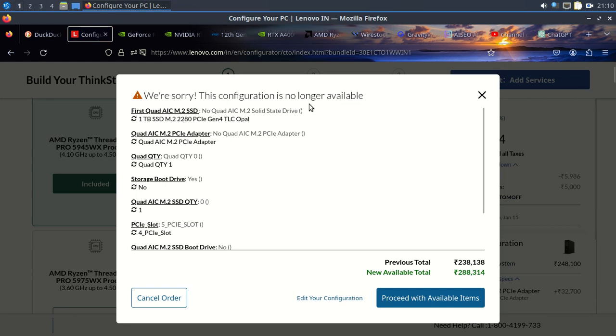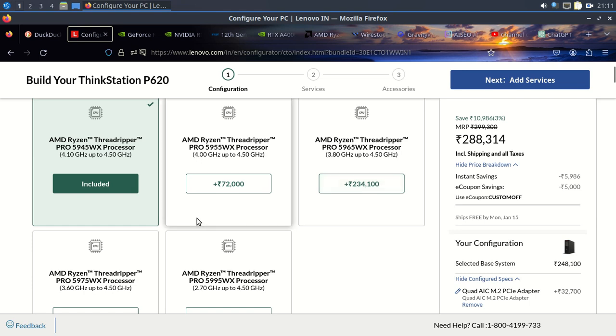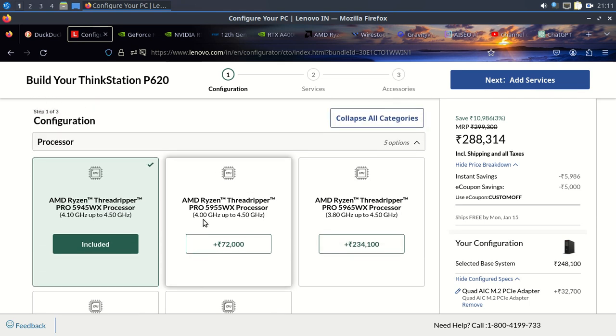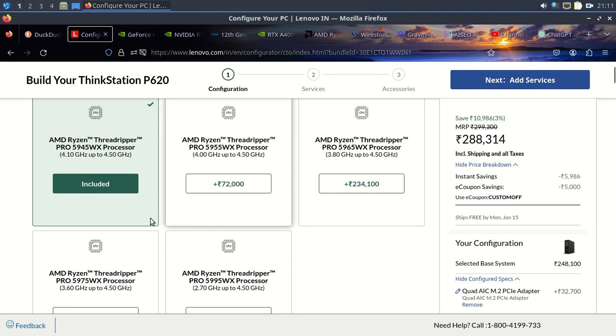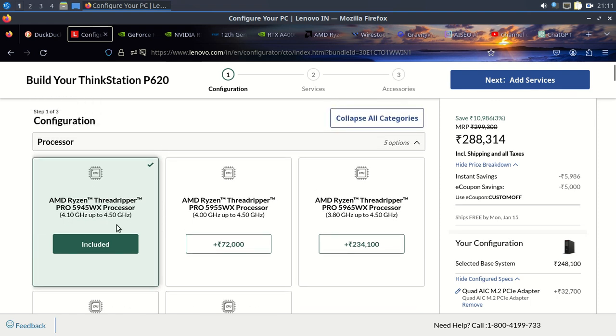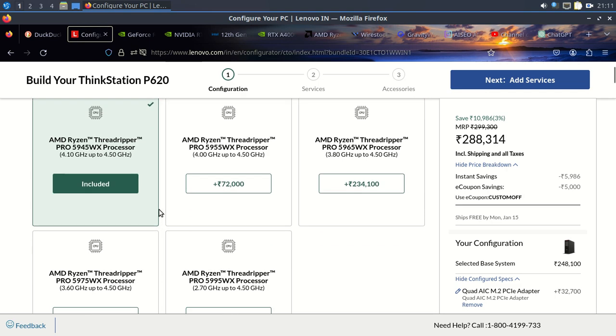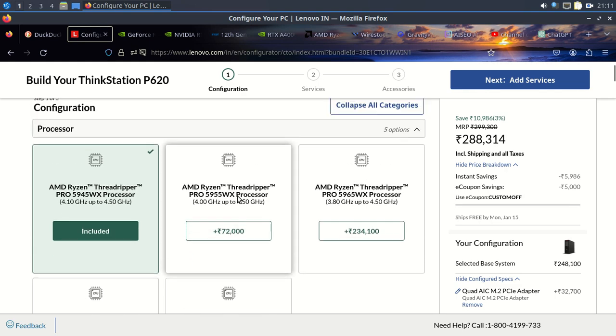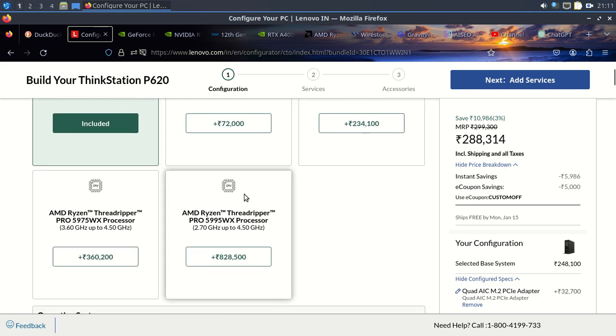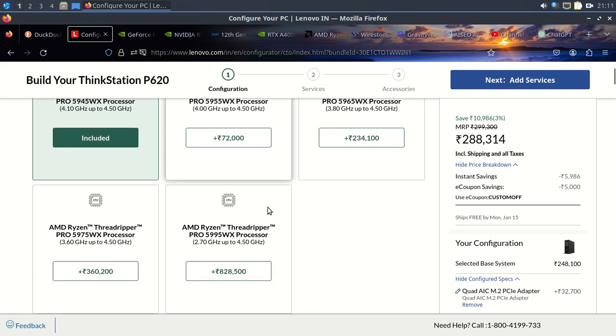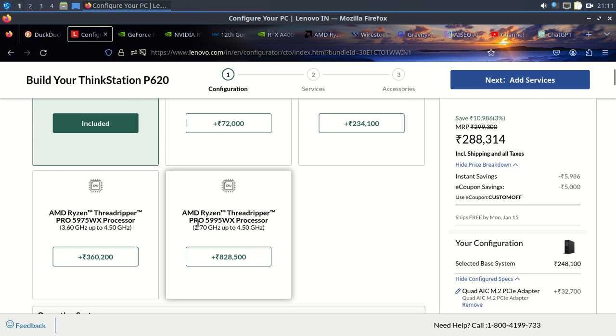So we are sorry, this configuration is no longer available in our country. Process will available, item, cancel order, so get here, but I want to customize it. I want to make the CPU same as the company decided. I don't want to buy a more expensive one, because if I buy the AMD Ryzen Threadripper Pro,